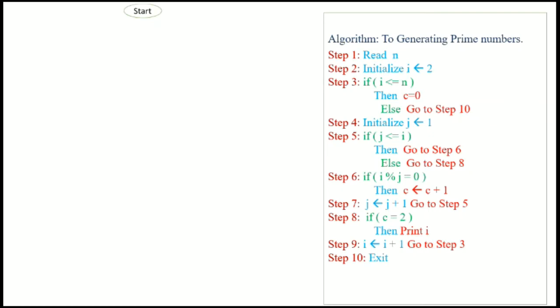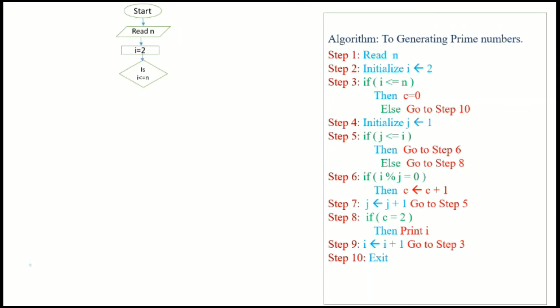First, we will start our flowchart, then we will read the value of n. Next, we will assign the value of I as 2. After that, we will check if I is less than or equal to n.